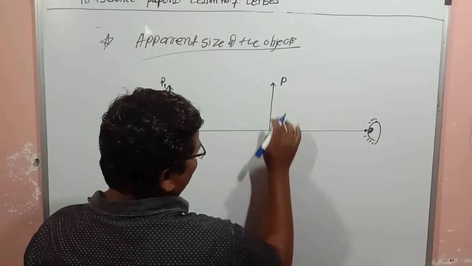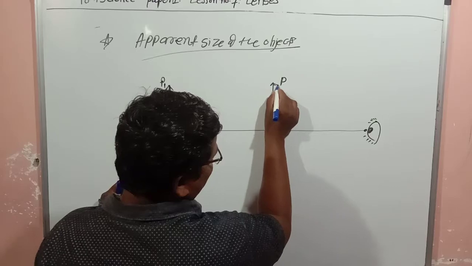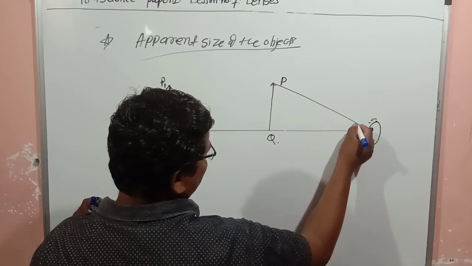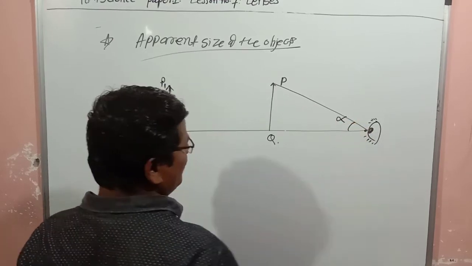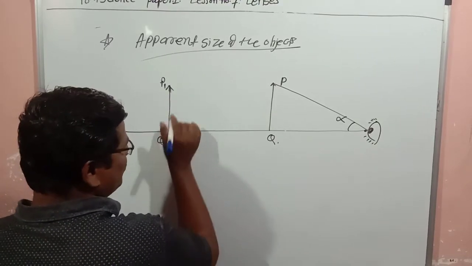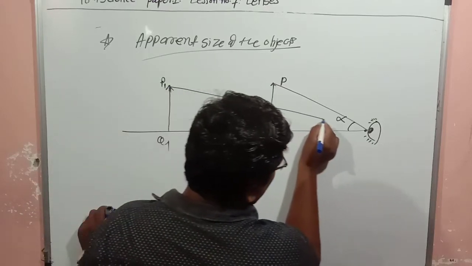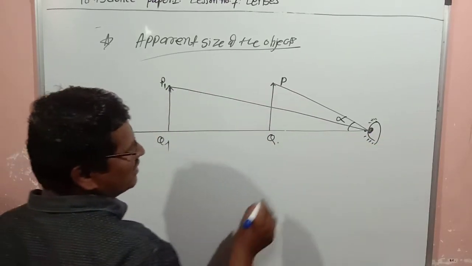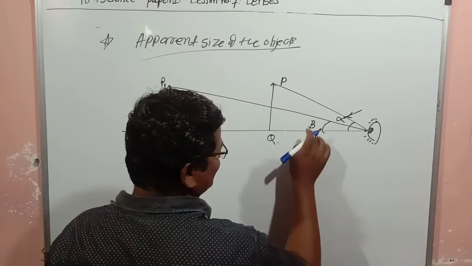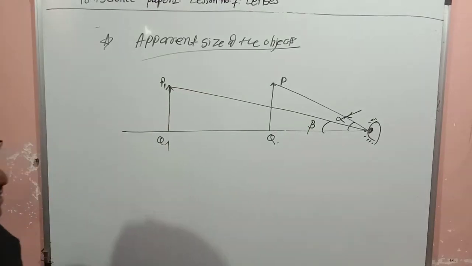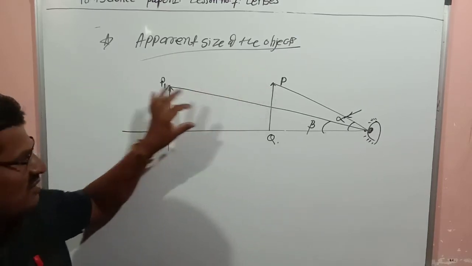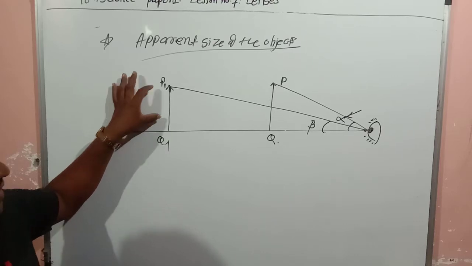The angle made by PQ, the first object, we will take as alpha, and the angle made by the other object P1 Q1 as beta. These two angles belong to different objects: PQ is one object, P1 Q1 is another object, and their sizes are